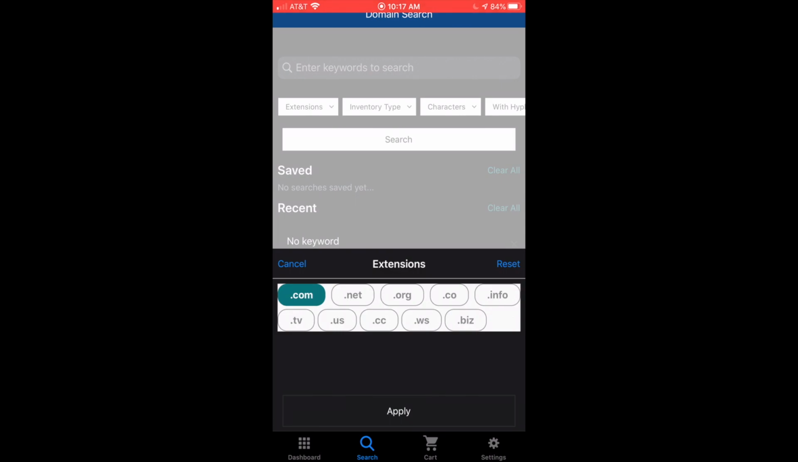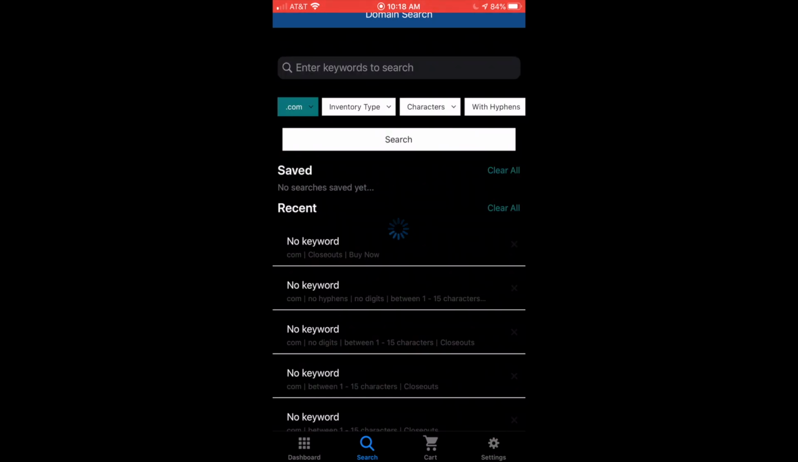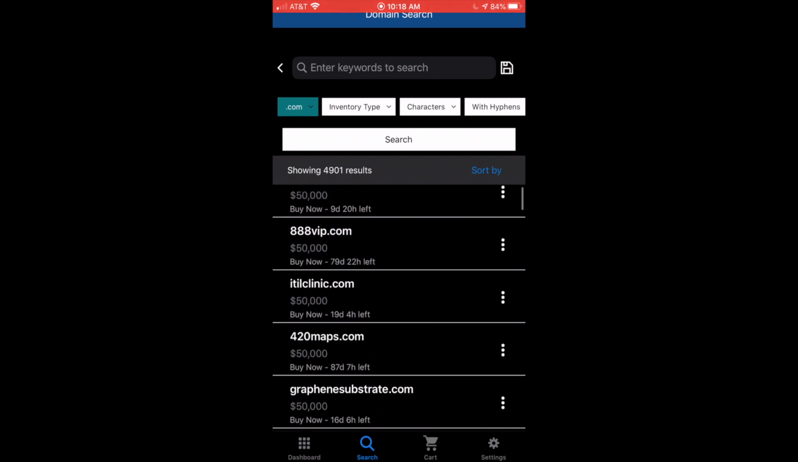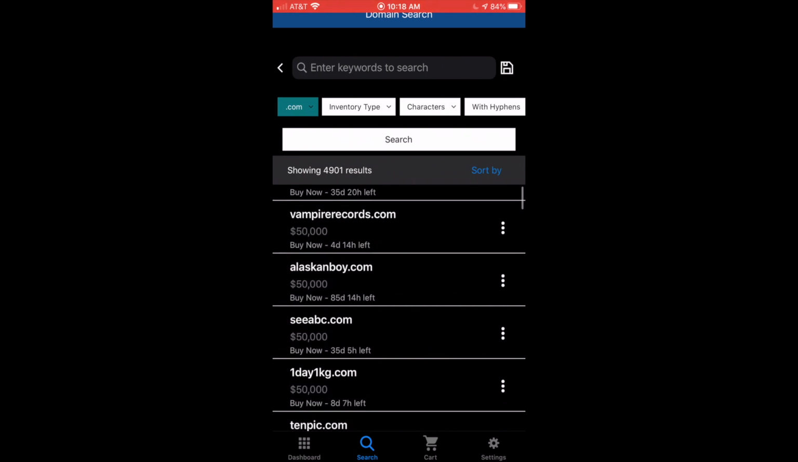What would probably be cool is if this actually showed extensions based upon popularity. So what's been popular within the GoDaddy aftermarket. For now, I'm just going to pick .com. I'm going to click apply, and then basically there loads the